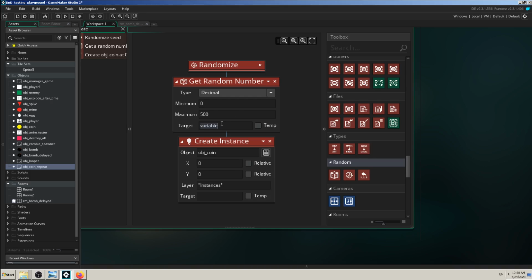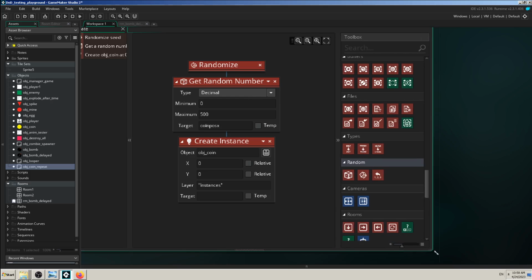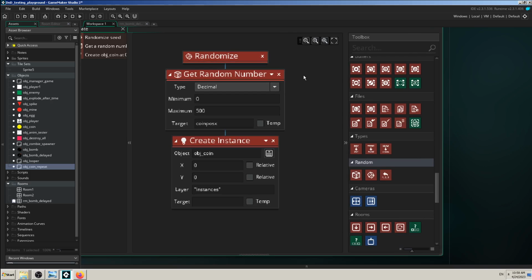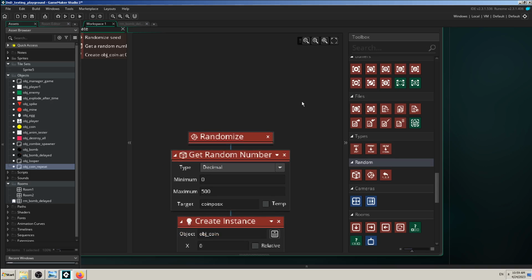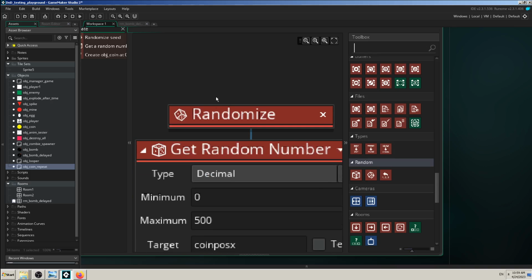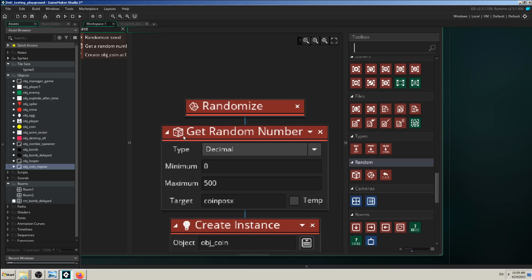I will call this coin position X. Okay, so I'm going to zoom first so you can see better. I have randomized the whole process to make it different every time. That's why I used the randomize block. After that I say, okay, I need some kind of integer, not decimal, between 0 and 500,